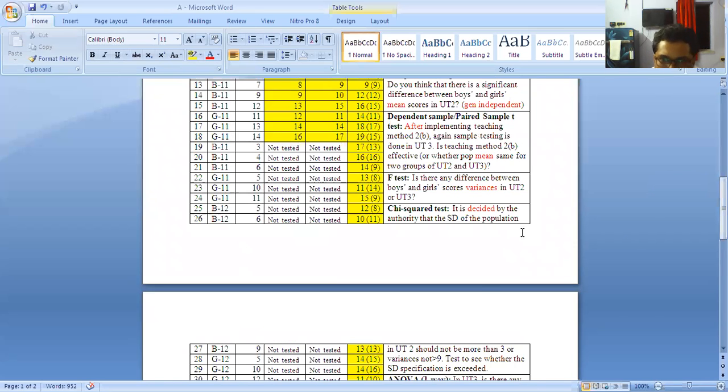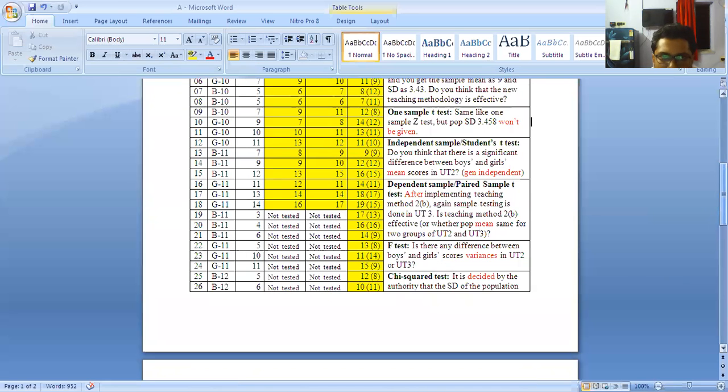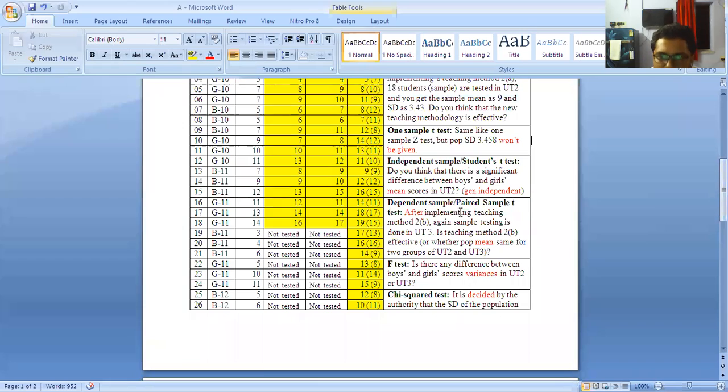So then F test we need to perform. When should we perform the F test? Earlier we have seen that so far we have compared the mean, the average. But whenever F test is performed, it compares the variances. Is there any difference